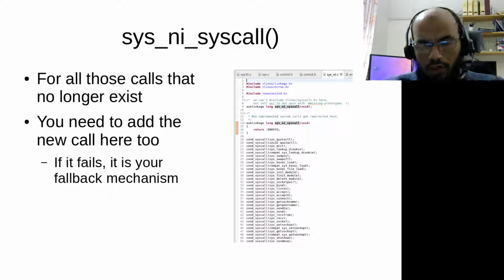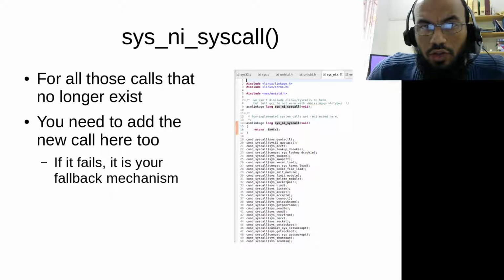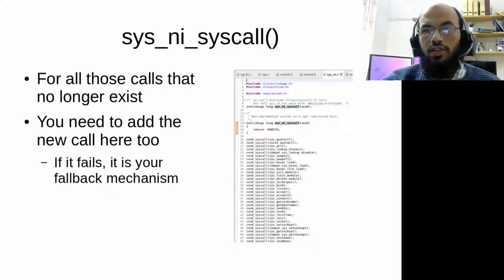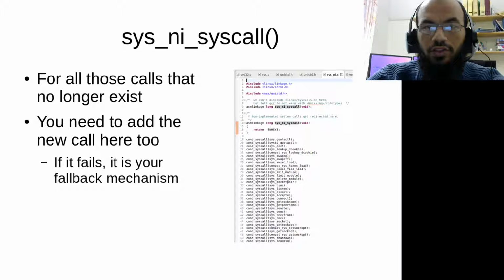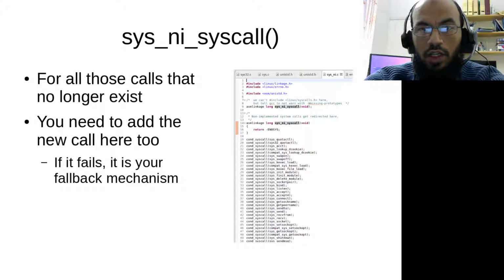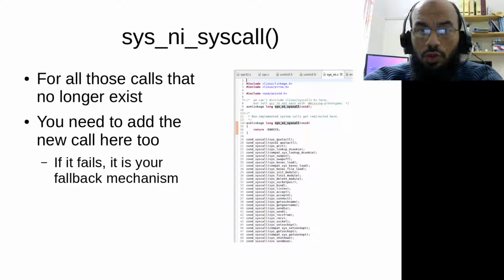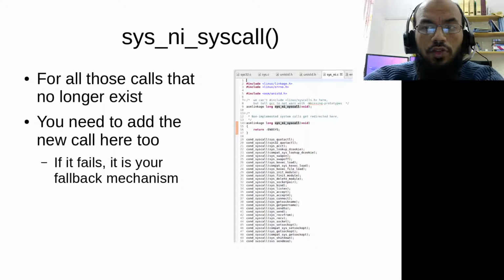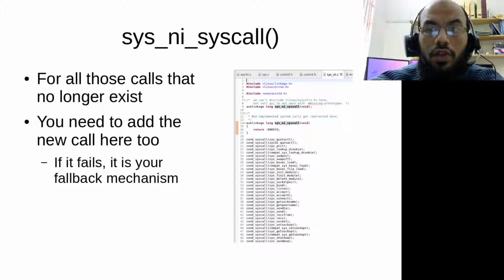So now let us talk about where you add your next super cool syscall. There are multiple places, multiple files where you can add a new syscall, and you should pick them based on what the syscall is going to do. But one of these places is